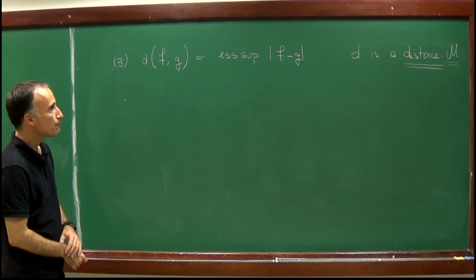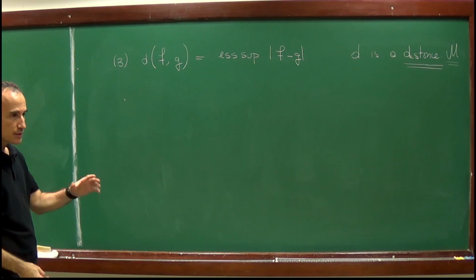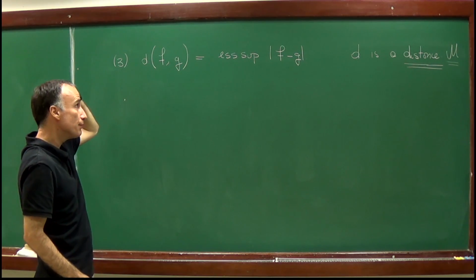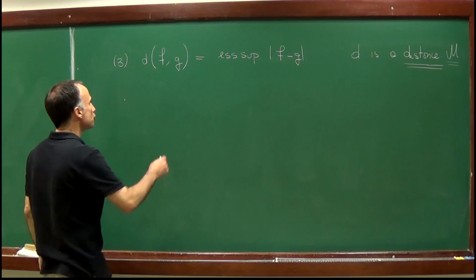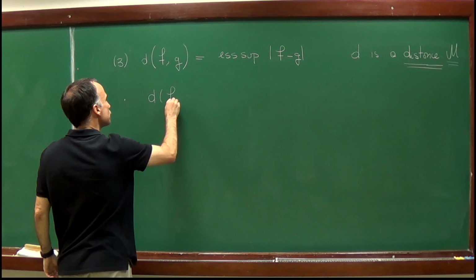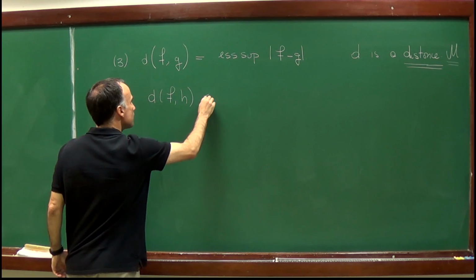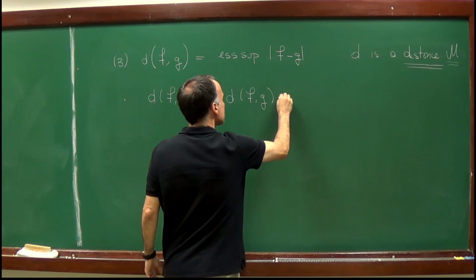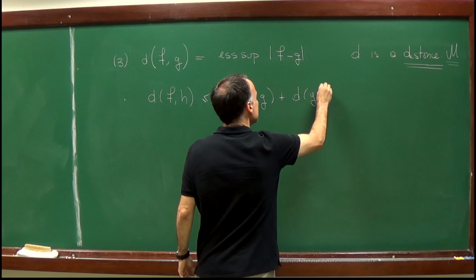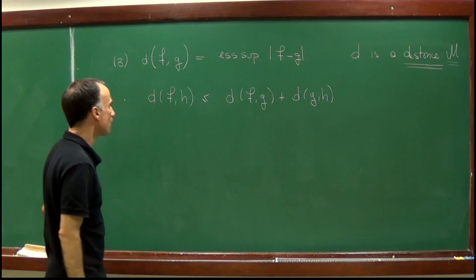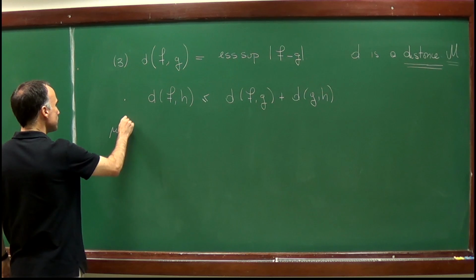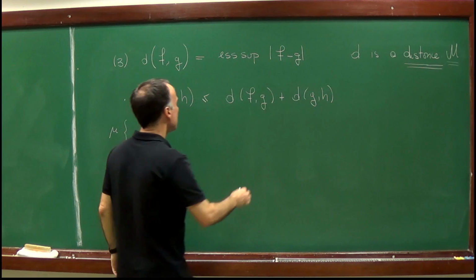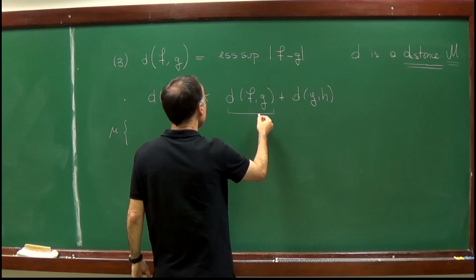So we have seen that the distance is symmetric, and that the distance being equal to 0 means that the functions are equal. It remains to prove the triangle inequality. So to show that the distance between f and h is less or equal than the distance between f and g plus the distance between g and h. So let me consider, this is an infimum. So let me call this, let's say, A,